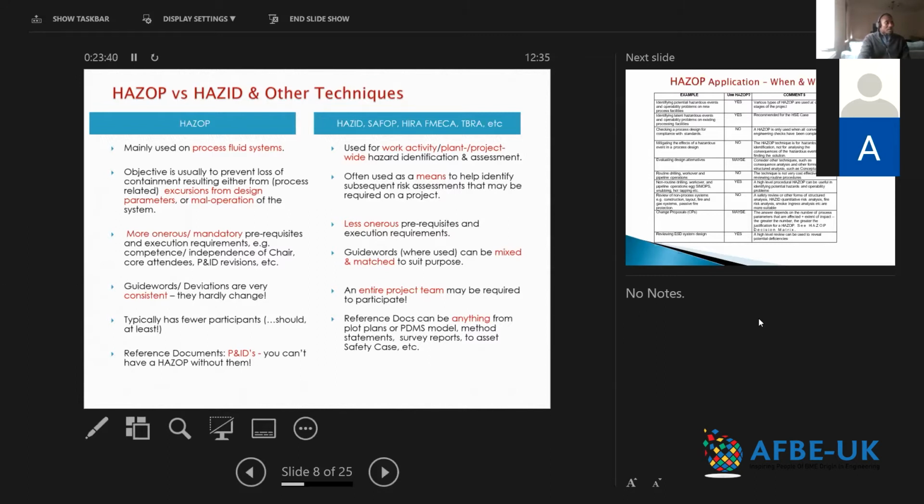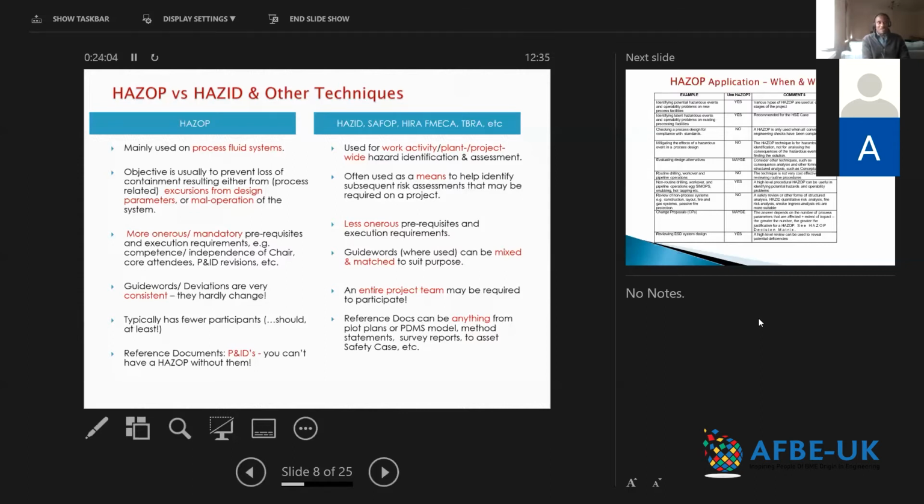The HAZOP guide words and deviations are very consistent. I mentioned at the start that those guide words don't change at all. However, for the other risk assessments, guide words can be mixed and matched to suit the purpose. So, for example, you have